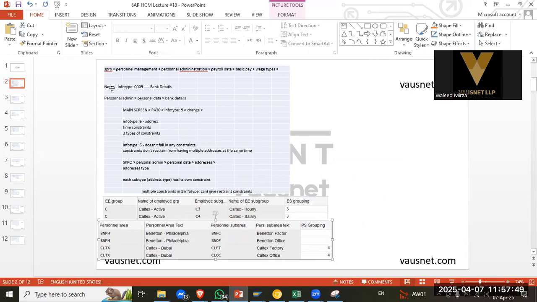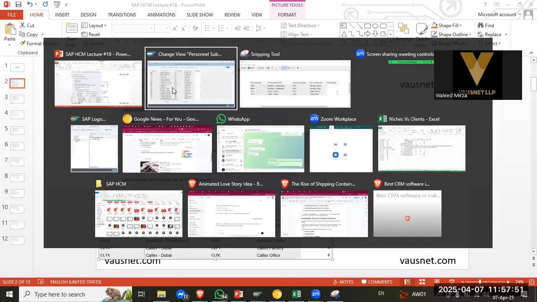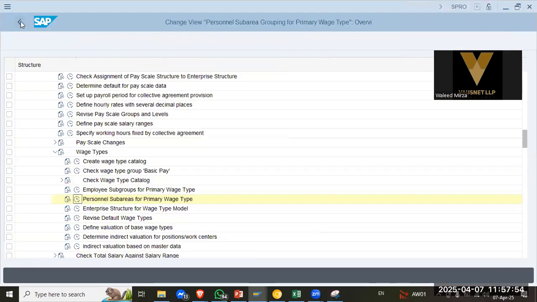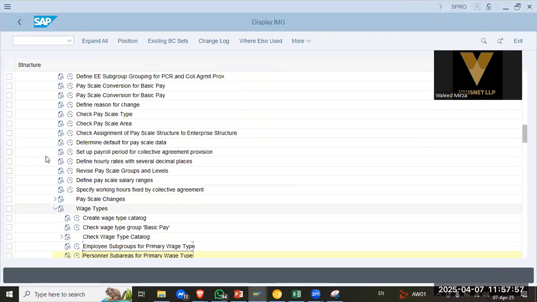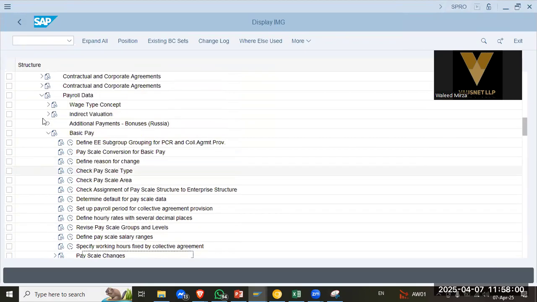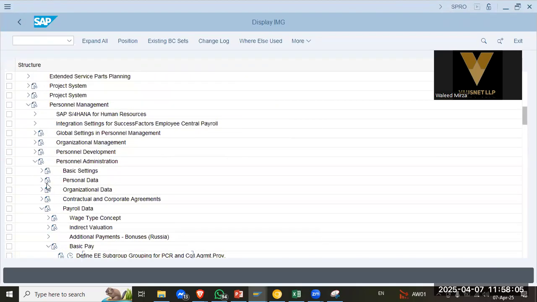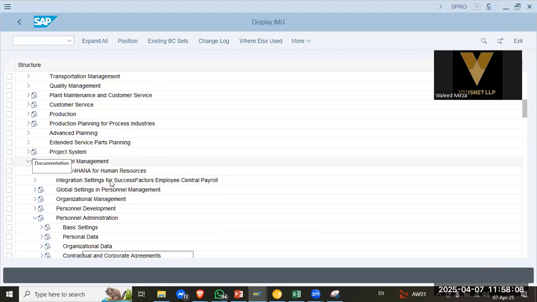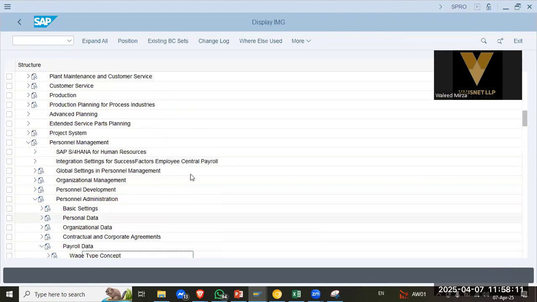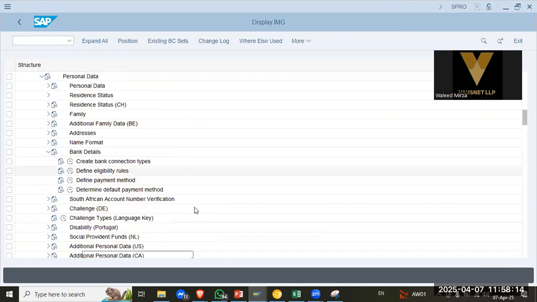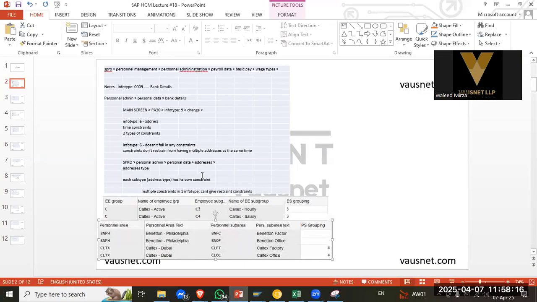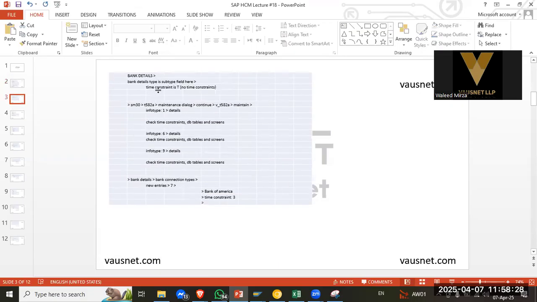Okay, bank details. Infotype 0009 is your bank details. Let's check that also, and then we'll move ahead. Personal data, bank details. We've already seen the payment methods and default payment methods and the payment types that are available at a country level or not. Addresses, we've also seen that. Moving on to the other type,